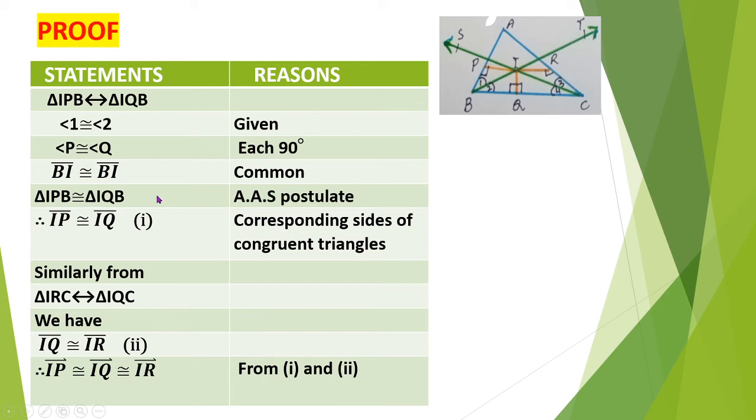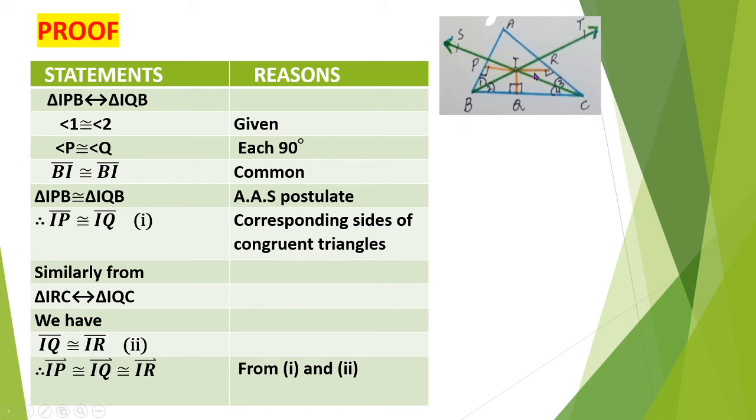Therefore, as the two triangles are congruent, their corresponding sides will also be congruent. Therefore, this side IP will be congruent to side IQ, and the reason for this is corresponding sides of congruent triangles. Similarly, we can prove that the triangle